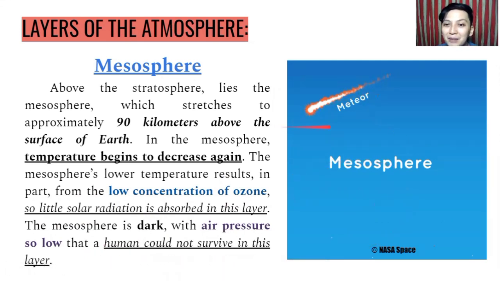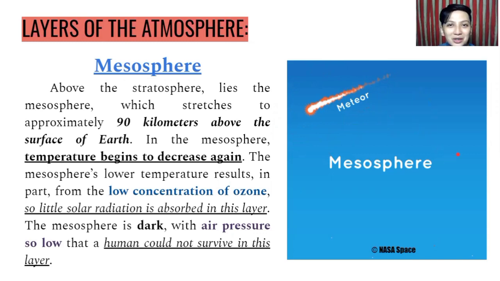So you can see there the meteor. Dahil malamig, okay, at ang meteor mainit, so nagkakaroon siya ng friction. So meron tayong tinatawag na silver lining. Okay, yan yung mga bulalakaw or yung falling star na sinasabi niyo, but those are not falling star, okay? Those are meteors. Stars, it cannot fall. Okay? So stars are there in their own respective area, but meteors are the silver lining that you saw in the darkest part of the night.